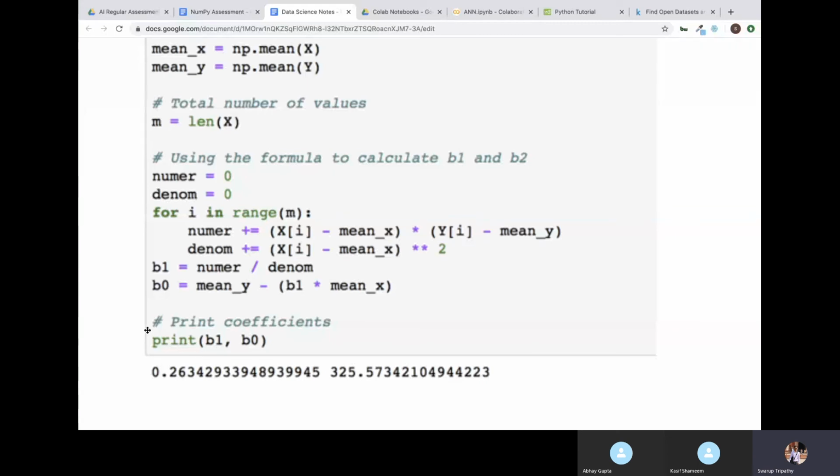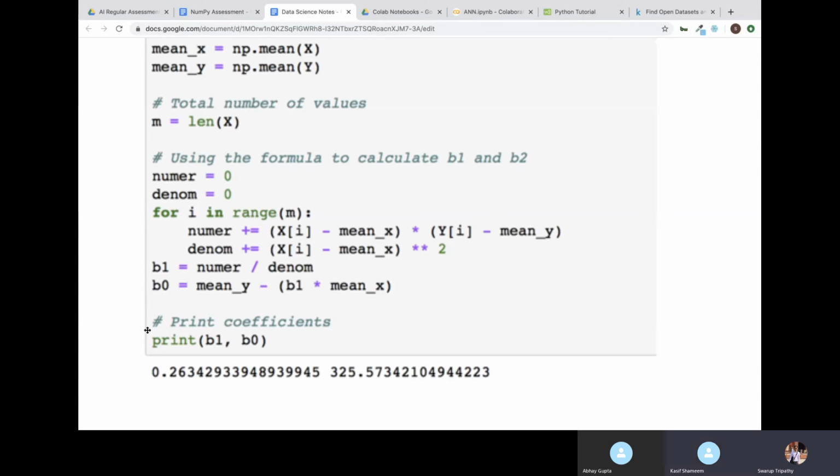In real time, you don't have to do it like this. In real time, you will not get to see all this. We are just using the direct formula that we have learnt, and trying to find the solution. Same thing we will also do with machine learning. That is how you are going to do it in companies. You'll be using ready-made packages or functions which are already available, so you don't have to write all this logic. This is the algorithm, and we are writing it so that we understand properly how the algorithm works.